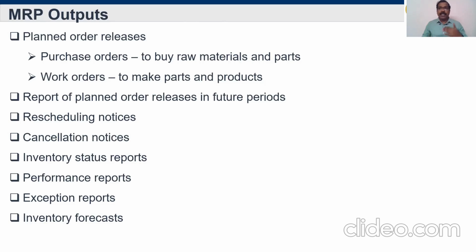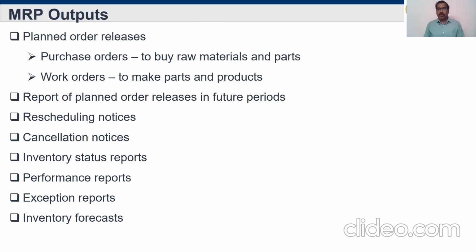Okay. Then rescheduling notification. If there is a need for rescheduling, why is there a need? For example, some machinery got failure, malfunction, or a tool got broken. During that time they have to shut down that particular machine temporarily. Then they replace it. During that time, they can reschedule the component or production flow. Then cancellation notice. Once that order is ready, once the machine is ready, then the production will start again. Then instead of rescheduling, they can cancel that order.